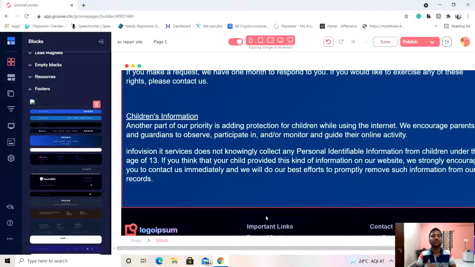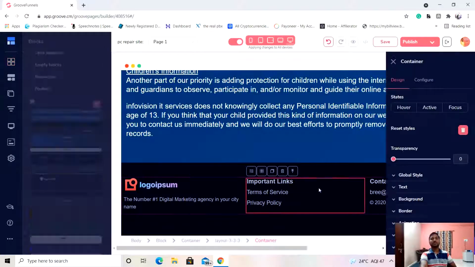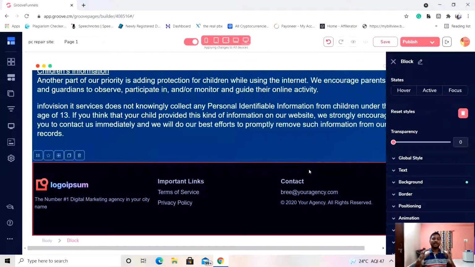There are a couple of things which remain the same on your entire website when you design it, like your header and your footer part. Make sure that whenever you are designing your website, you copy and save that header and footer part, so that you don't have to design it again and again. Otherwise, maybe you will find some differences between the home page and about us, or your other pages.